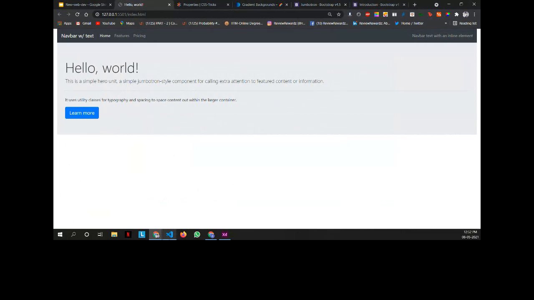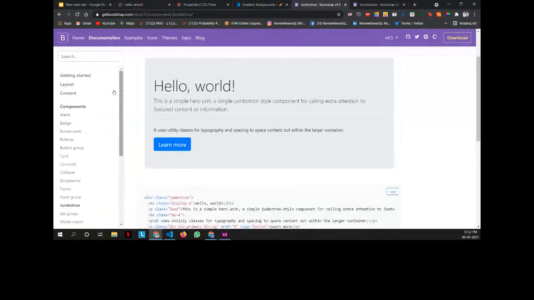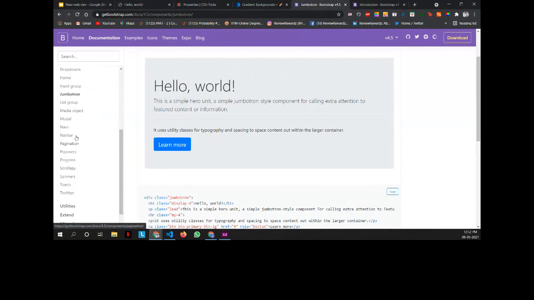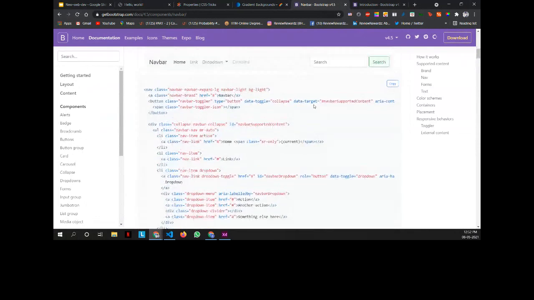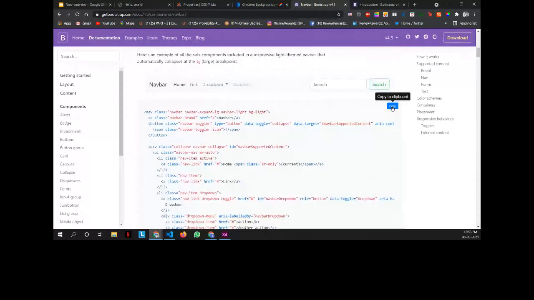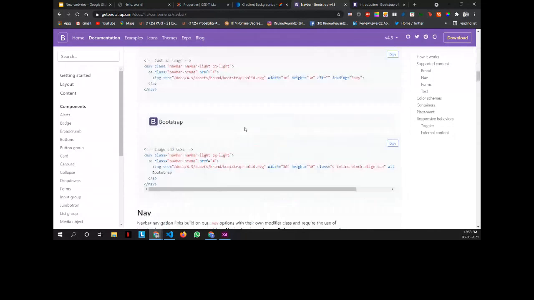The navbar. Okay. So basically what we have done is that we went to the components section of the Bootstrap documentation. We went to the navbar part and we just copy pasted the code out here for the navbar. And once you copy paste that, you can just change this navbar-light, bg-light to the color you want.